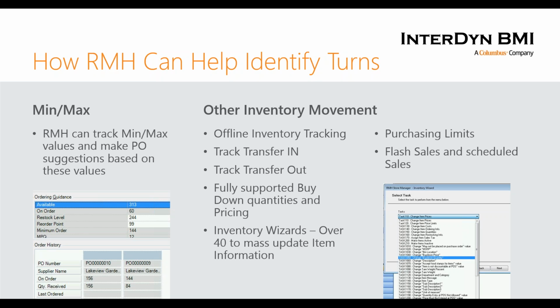So if you're going through your demand forecasting and you realize that you have way more product than you need, you could set up the buy-down quantities and pricing. So if the normal cost or the normal price of an item is, say, $10, you'd be able to sell 50 of them at $8 to get rid of them quickly, but then have the system automatically go back to full price. There's also 40 different wizards within the RMH software that lets you make mass changes to the item